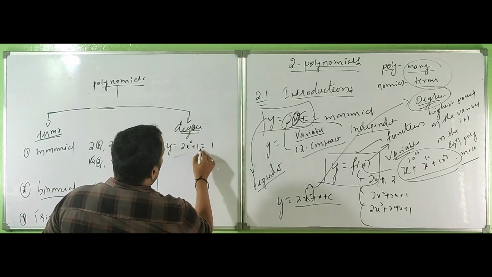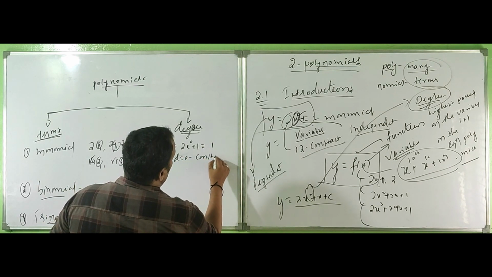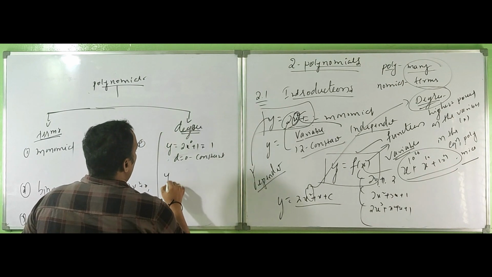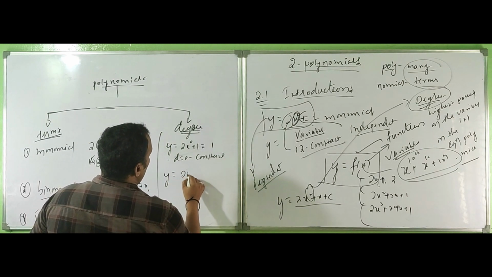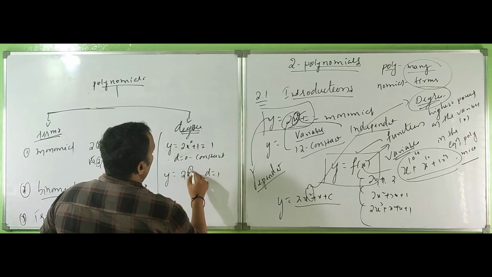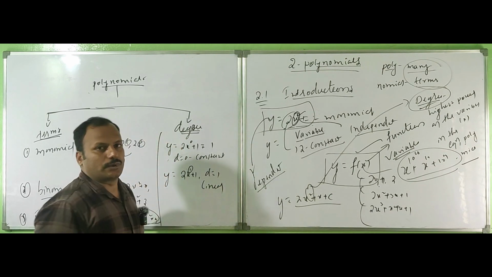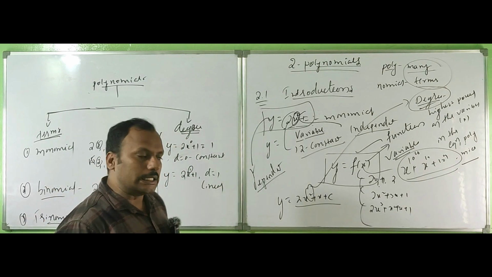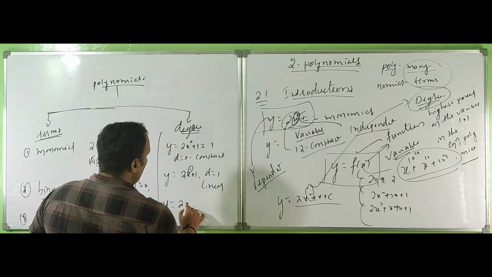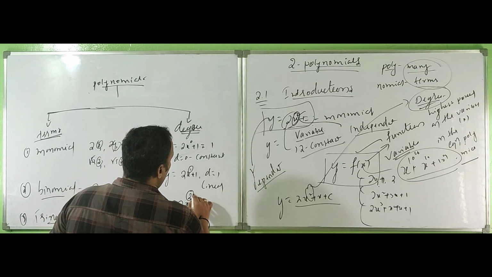If degree is 0, it is called a constant function, constant equation. If degree is 1, like 2x plus 1, it is called a linear equation, L-I-N-E-A-R. If degree is 2, like x square plus x plus 3,